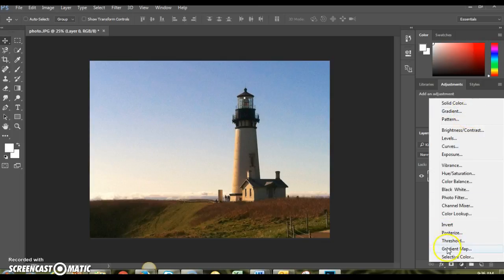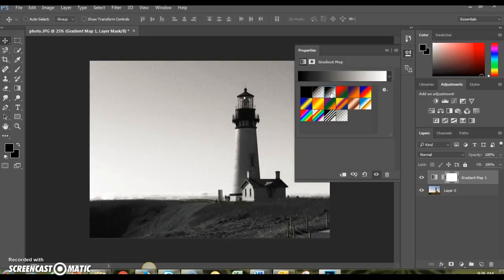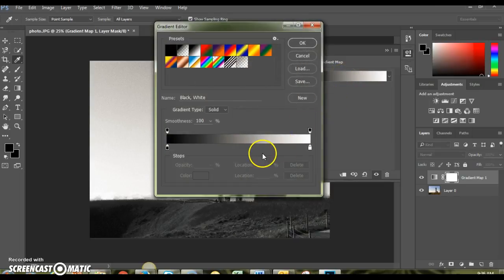Gradient's up at the top, but we want Gradient Map down here. Okay, then I'm just going to click on the down arrow to give us some choices. Now these are the ones that I have to choose from. I don't want those ones. I want to use one of the colors that we learned about in the color psychology. But I'm going to start with the black to white. And then, so I click on that, and then if I click up here, it will give us a chance